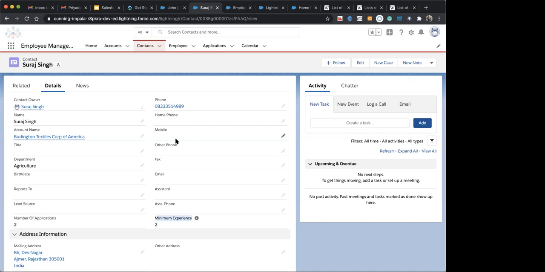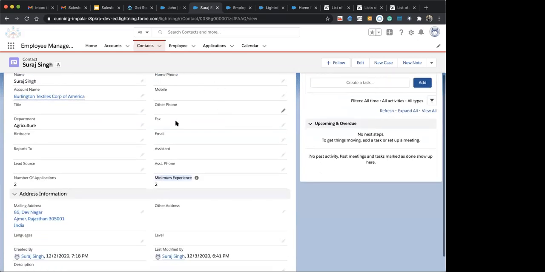So whenever the record type is changed, the layout, meaning the fields we see here, changes. The fields available for the sales team might not be the same for the management team, who might want to see some extra fields. So we add those fields for the management team, and they work on that.